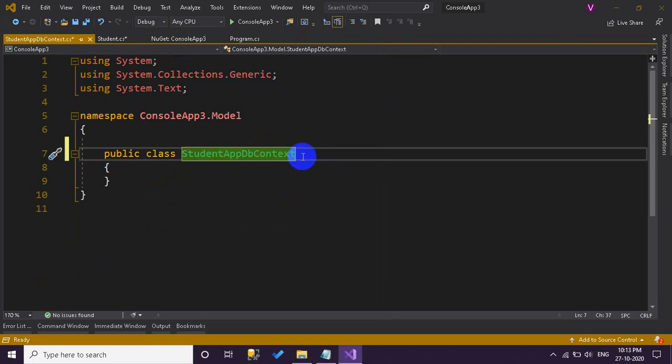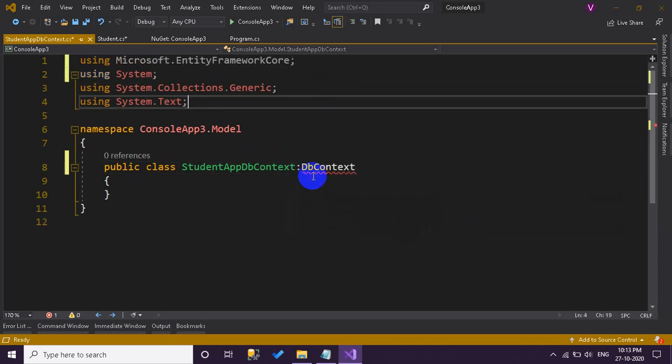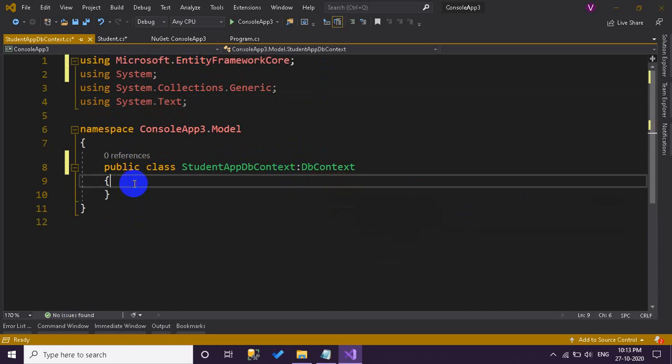What exactly this class does is it will help you achieve all our database operations. In order to achieve that, we have to inherit from the predefined class inside Entity Framework, which is DbContext. You have to import the necessary namespace. Now all things are set.